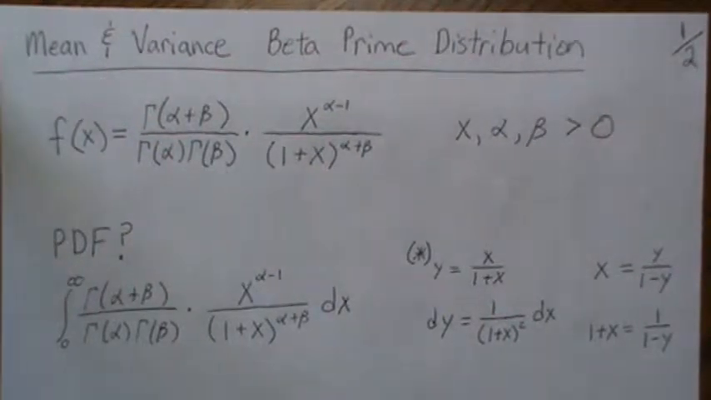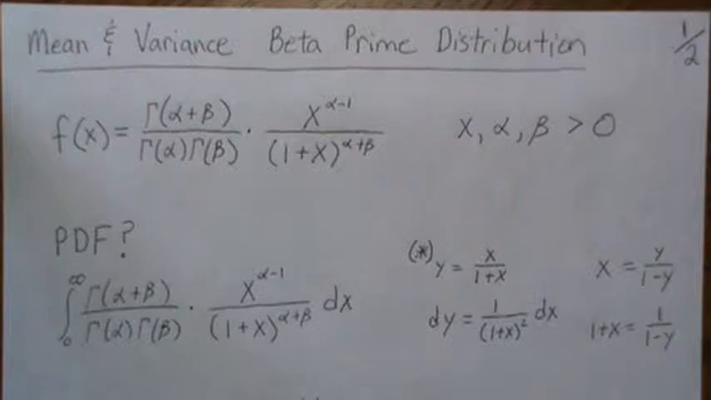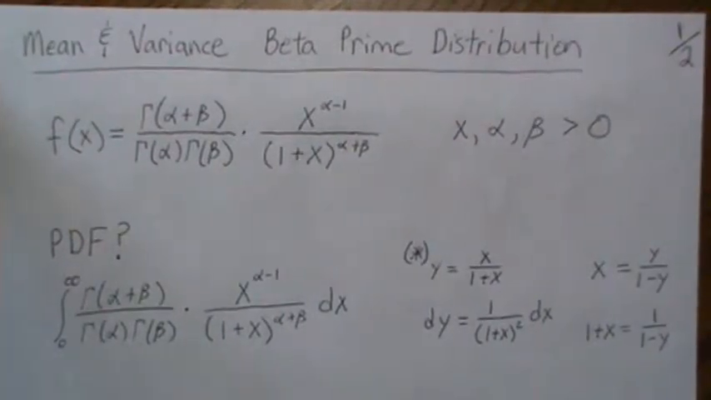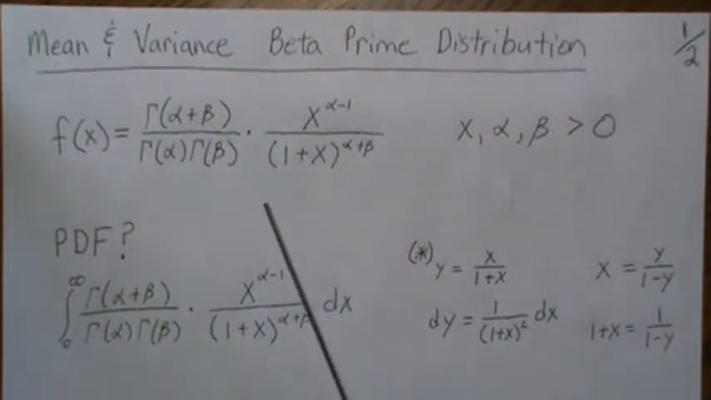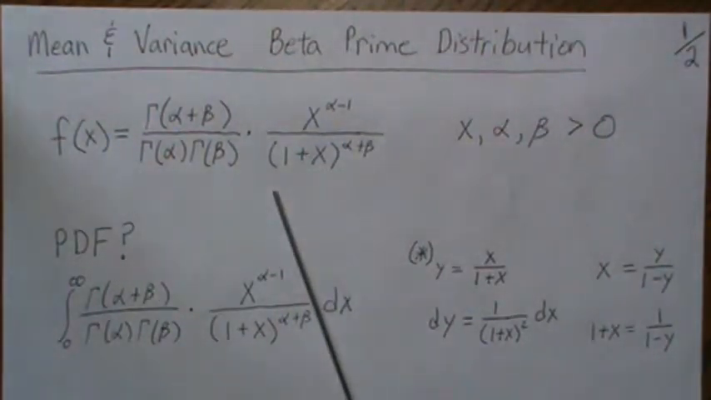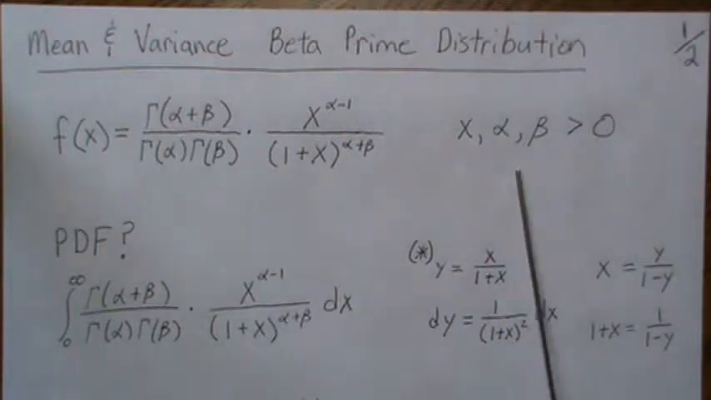Hello, in this video we're going to derive the mean and the variance of a beta prime distribution. Now beta prime and a beta distribution are very closely related. I would call them cousins of one another. So here's the PDF for a beta prime distribution where alpha, beta, and x are all real